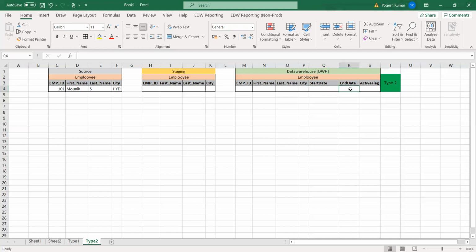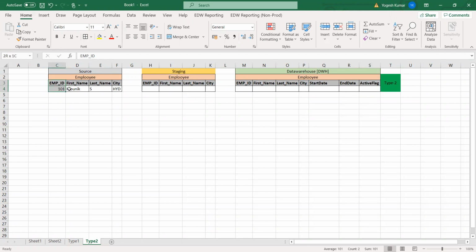And the end date is when he stopped staying in this city, and the active flag means whether that user is still staying in the current city or not. So this is the purpose of these three columns. Let's learn in an appropriate manner with the example, so you will be able to understand the actual picture. As of now, you might be confused. Be focused on the example. You will be able to understand 100% now. Okay, let's see.